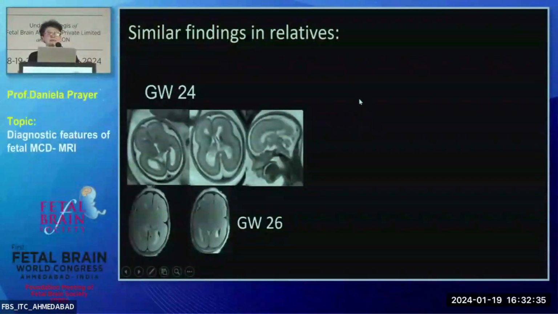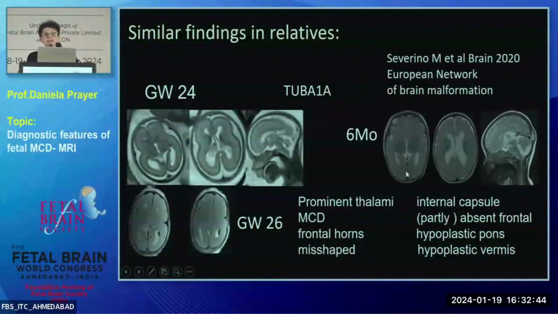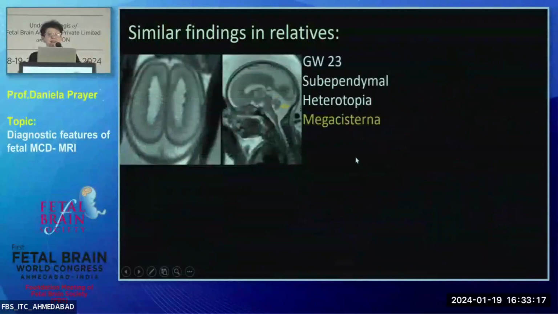Let's stay with this. Similar findings in relatives are always helpful. This case was not the first child. The first child is this one. This one was 6 months, and now you can compare the features of the 6-month-old child with the features of the fetus. And these children have almost everything that Maria Savina described with the European Network of Brain Malformation, what you could find in a tubulinopathy. But still, it is very helpful when you at least ask whether there are relatives that are not okay. And of course, this,